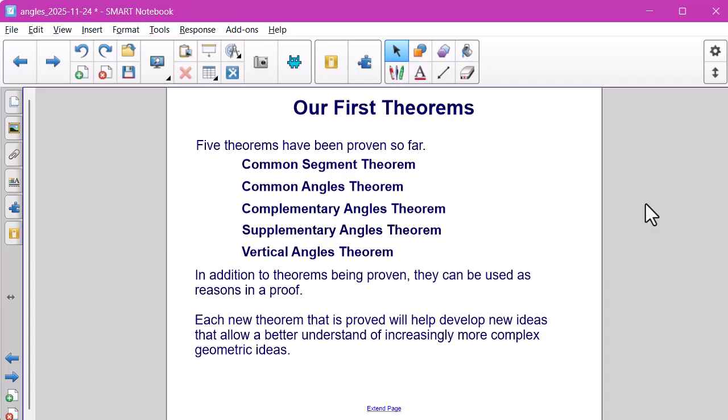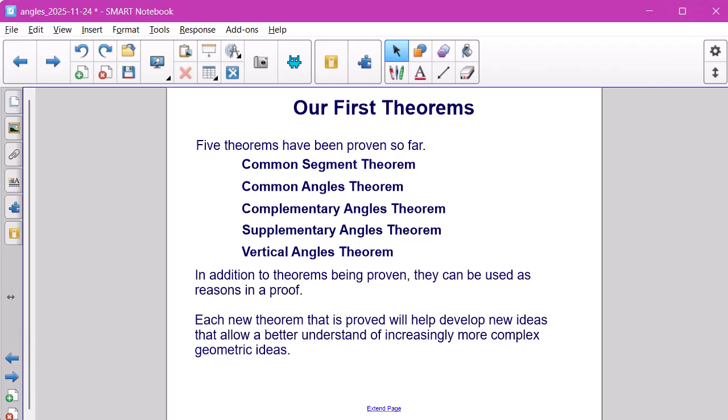Five theorems have been proven so far. We have the common segment theorem, the common angles theorem, the complementary angles theorem, the supplementary angles theorem, and the vertical angles theorem. In addition to theorems being proven, they can now be used as reasons in a proof. Each new theorem that is proved will help develop new ideas that allow for a better understanding of increasingly more